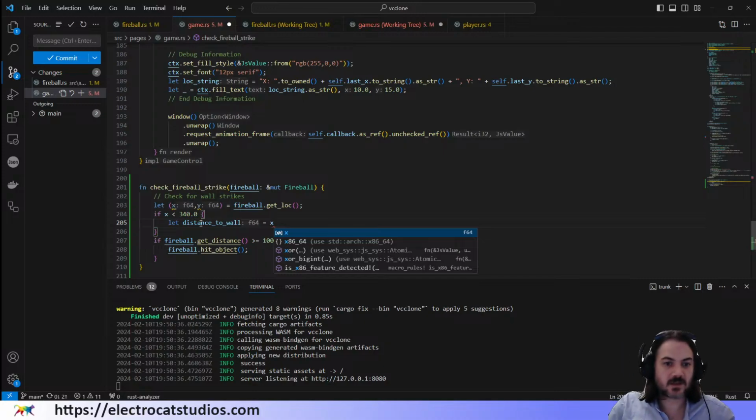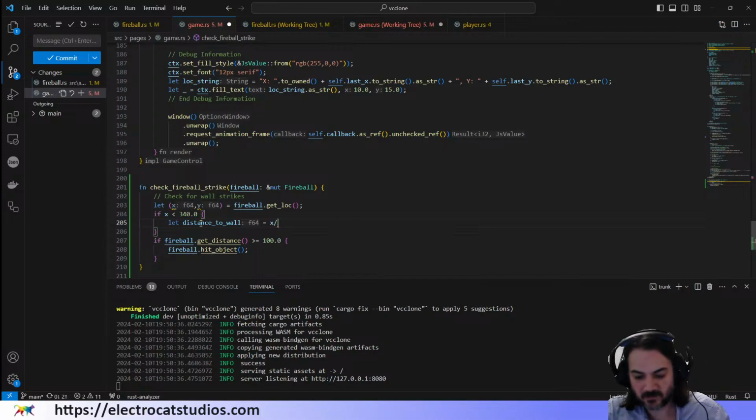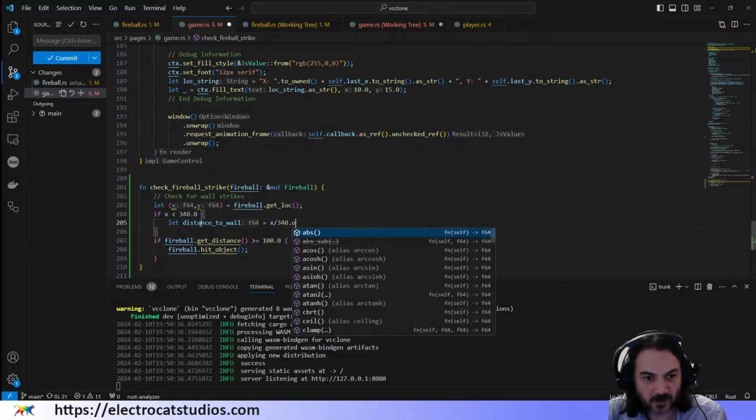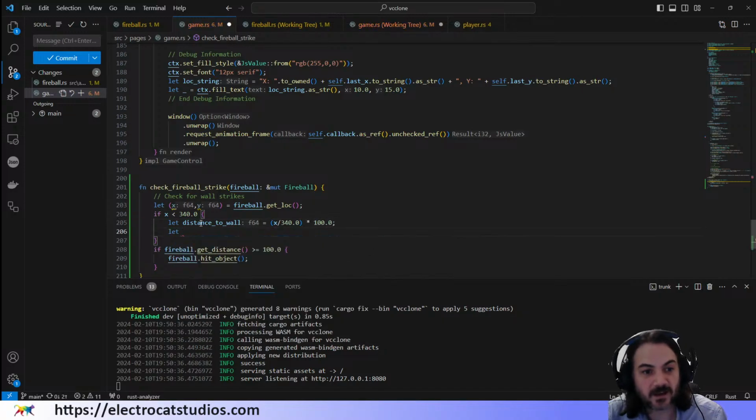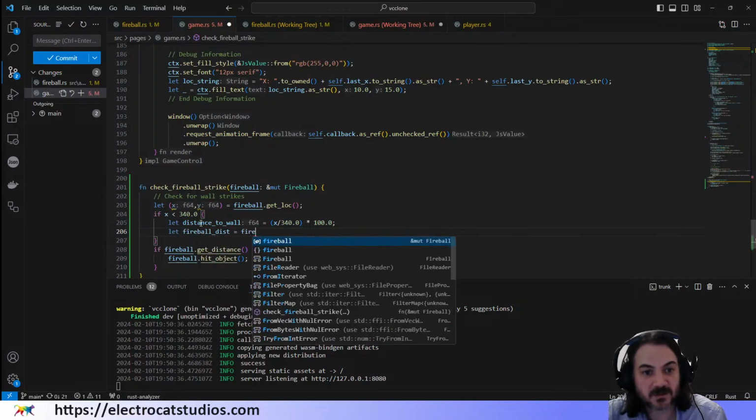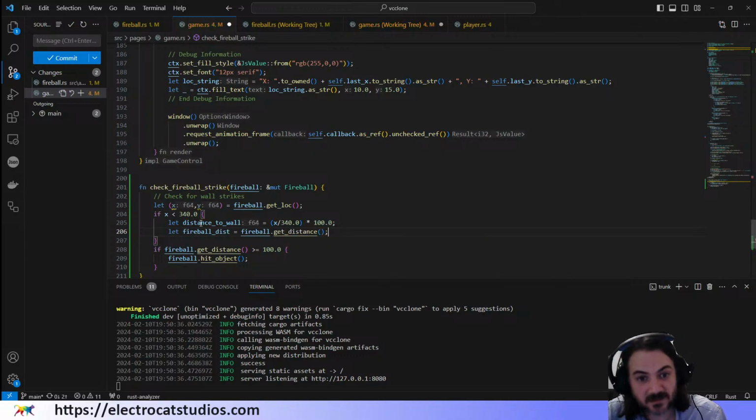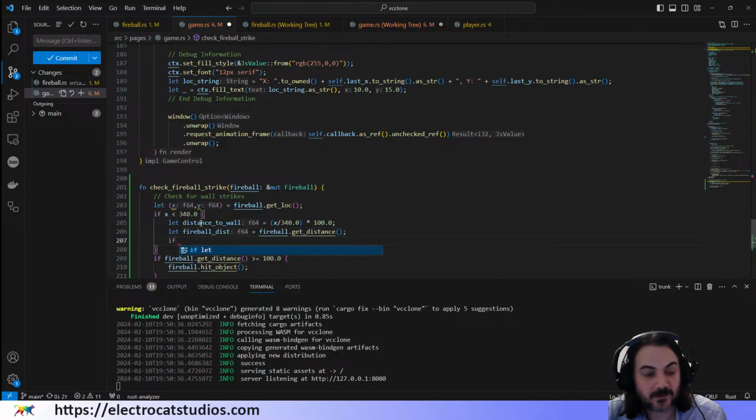So it's the x over 340.0, multiplied by 100, and then fireball distance equals fireball.getDistance. And if fireball distance is greater than or equal to distance to wall,